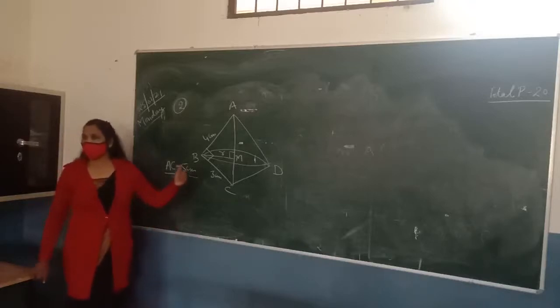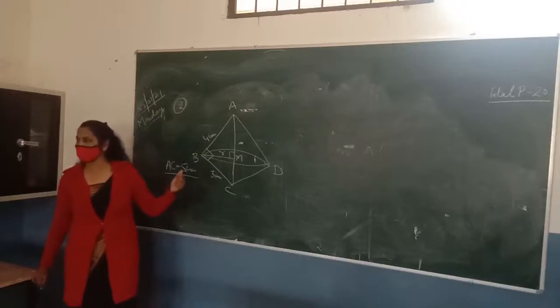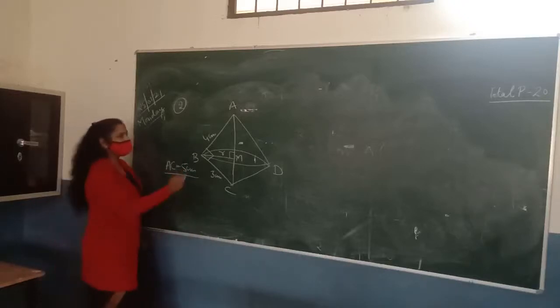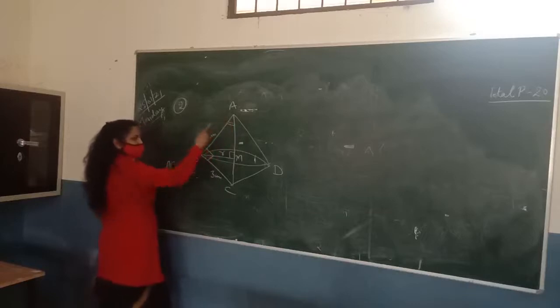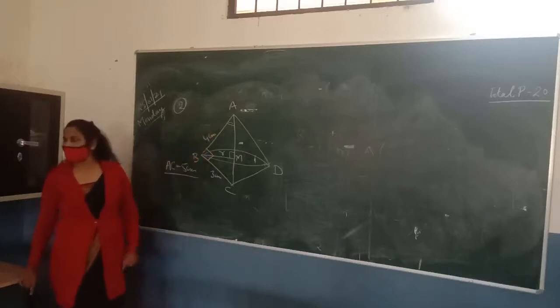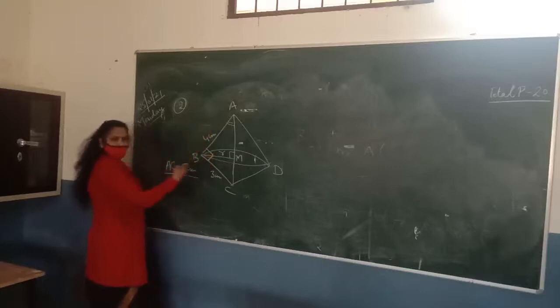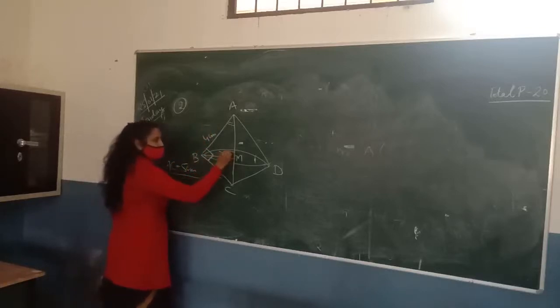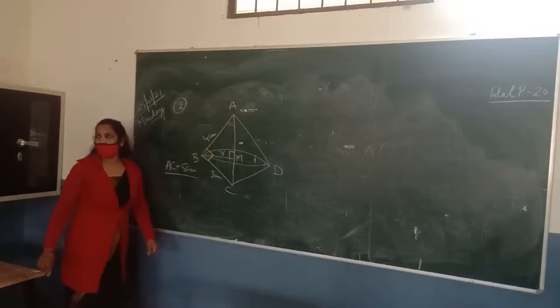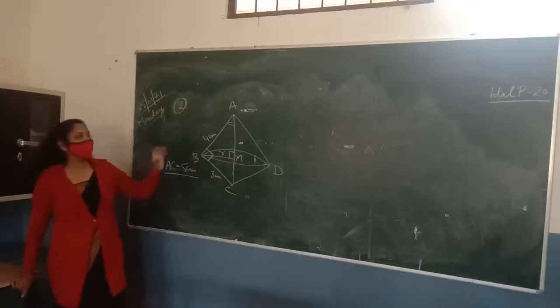Who's going to explain how we can prove these two triangles similar? Priyanshu. Yes, Priyanshu Negi. Angle A is common in both the triangles, triangle ABC and triangle ABM. Both triangles have angle A common. Yes? And then 90 degrees. This angle is 90 for the larger triangle ABC and this one is 90 for the small triangle ABM. Very good. So by angle similarity, since two triangles have two equal angles, we can say that these triangles are similar.